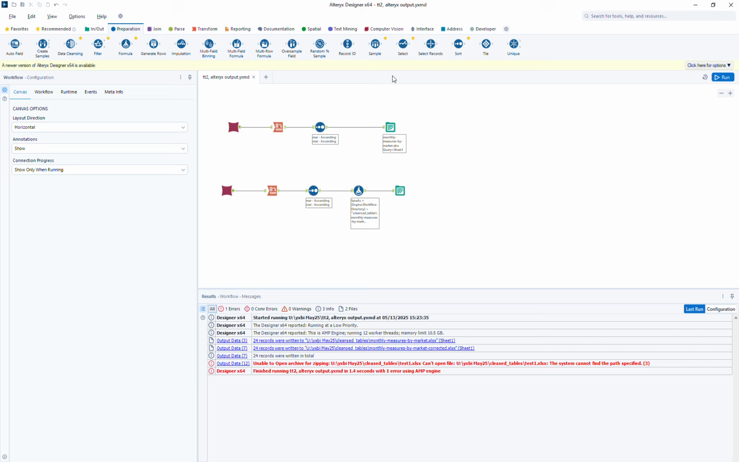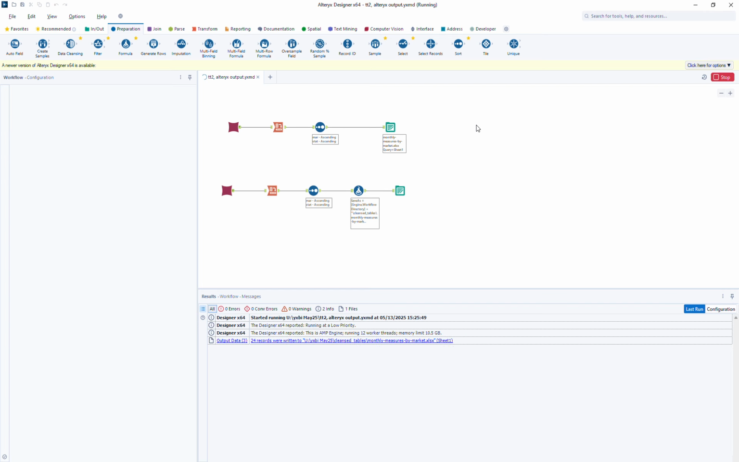Hi guys, let me show you the different ways, and one of them should be more useful way to use the output tool in Alteryx. Okay, so the first thing I need to do is just to run this workflow, and I show you the